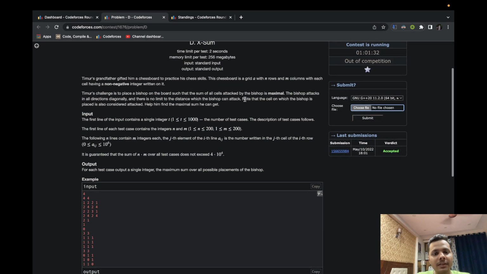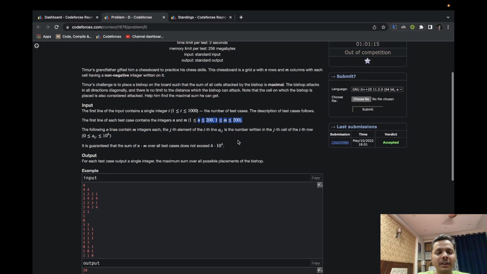So the way to do that is to again simply write a brute force. Since the constraints are really small, if we iterate over each cell, that would take O of nm time, and then if we iterate over all the diagonal points, then it will take O of n plus m time. So the total time complexity still remains around 200 cube, which will definitely fit within the time limit.